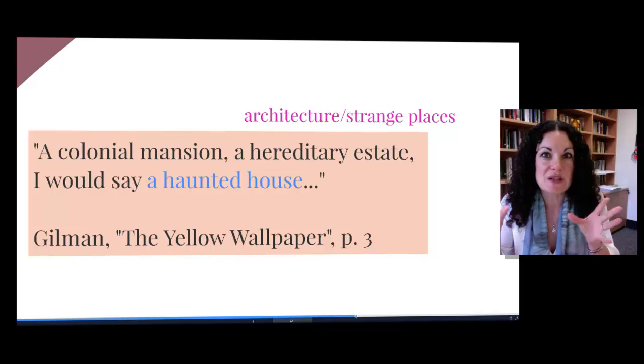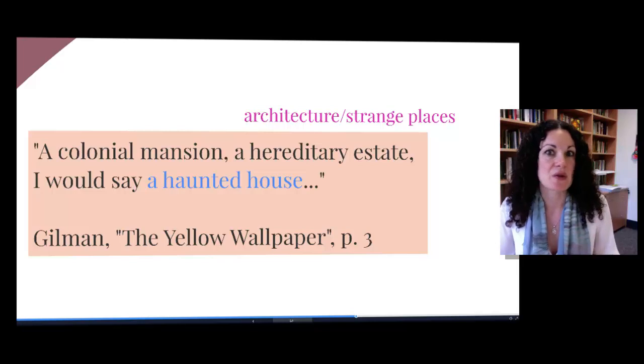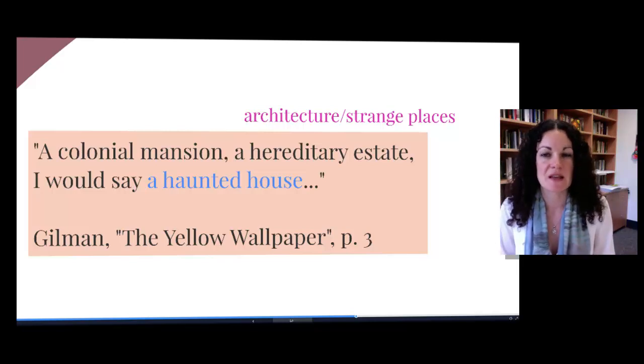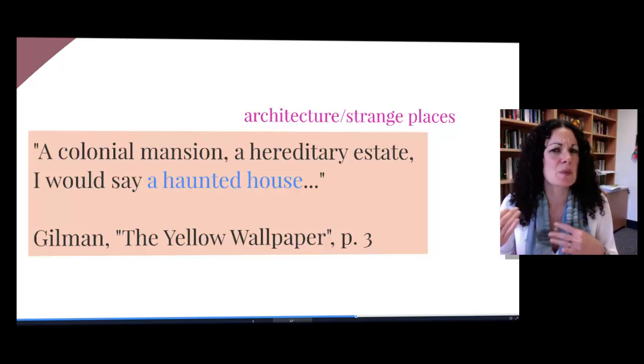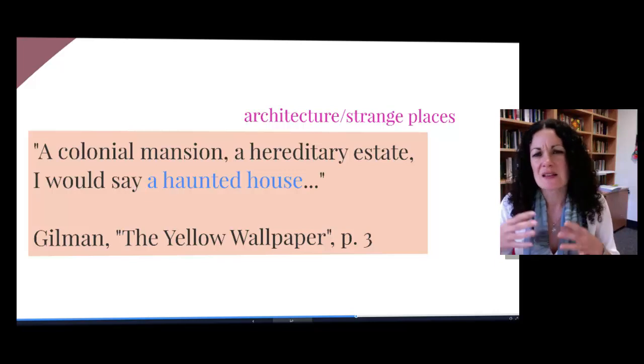She talks about the mysterious dark arbours in the garden and the different pathways. She talks about how she imagines seeing people, or sometimes does think she sees people in those passageways and pathways, but that her husband tells her she's just kind of giving way to her imagination or her fancy. So strange places, this kind of architecture that we get with the colonial mansion, the timing too, the hereditary estate. We're told that there was a problem sometime before with the heirs and the co-heirs, that the house has been